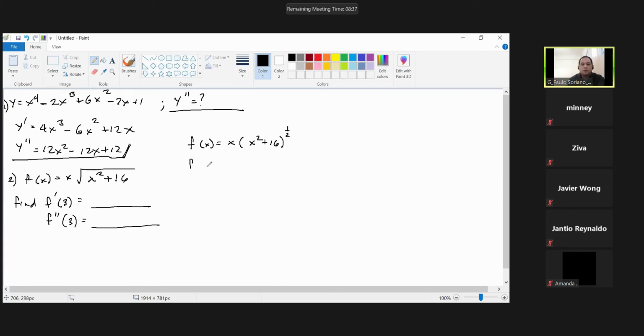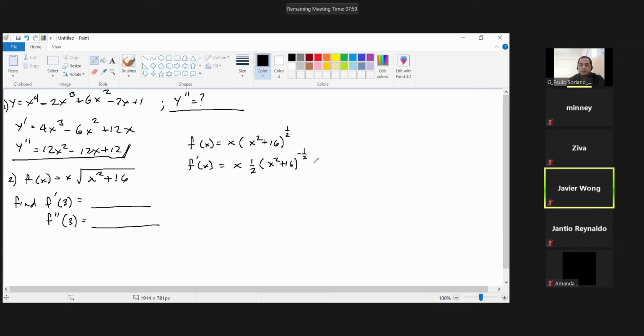So f prime of x is equal to: copy the first, then the chain rule of this one. Half times (x squared plus 16) raised to negative 1/2,